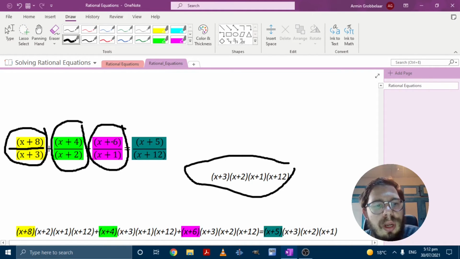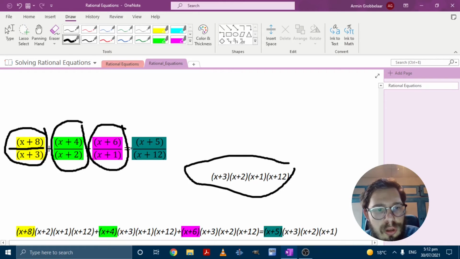Then this x squared, the x plus 6 already has an x plus 1, so it only needs an x plus 3, an x plus 2, and an x plus 12. So we say it's plus x plus 6 times x plus 3 times x plus 2 times x plus 12